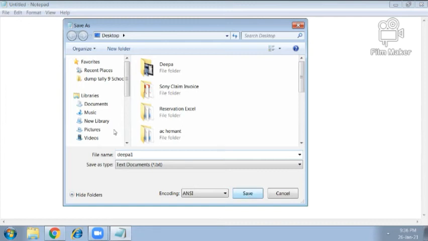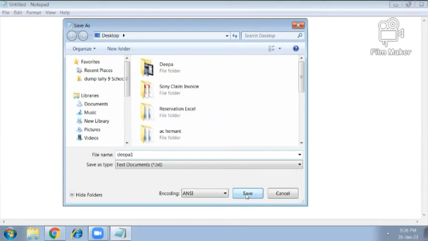Now save it. Children, just look at it. Now the file is unsaved. Untitled Notepad is here. As I save the file, this untitled is replaced with the particular file name which I have given in this text box.